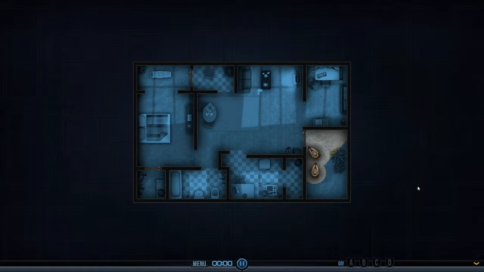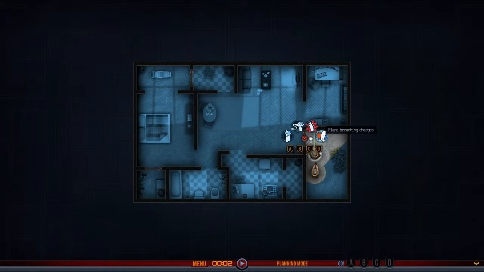And we're in planning mode, and you just press spacebar and the timer starts. You can press spacebar again at any time. And then basically you just click and drag people to move them. You see we can drag this guy around, and then we can delete that waypoint. If we drag up here and you right click on the door, we can either plant breaching charges, throw a flashbang, use spy camera, or kick door. So first of all